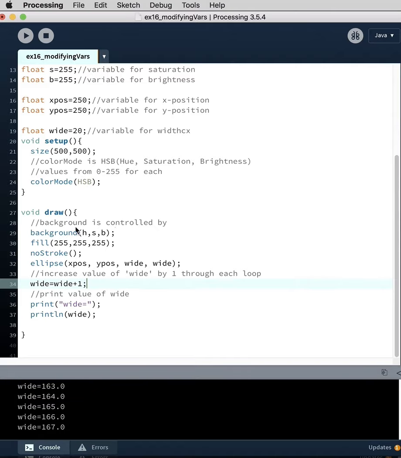So every time we loop through, we take wide and reset it to wide plus 1. So it increments up 1. In here, we're just printing it just to watch it happen. So if we play this,